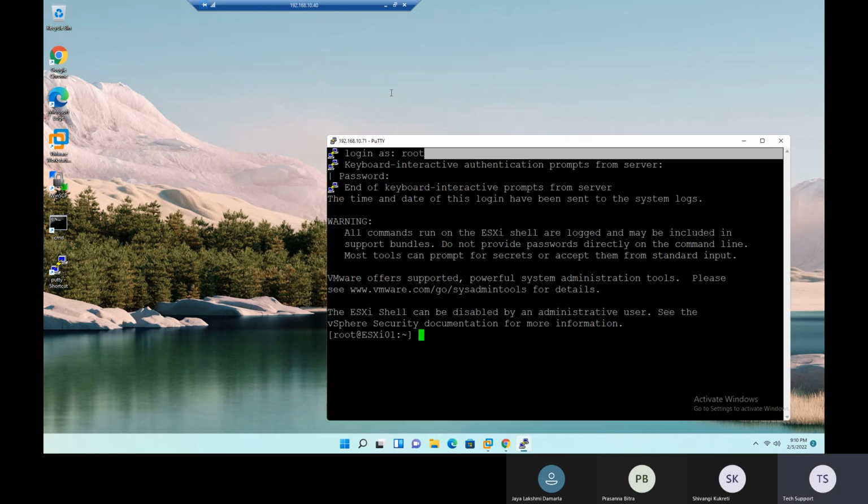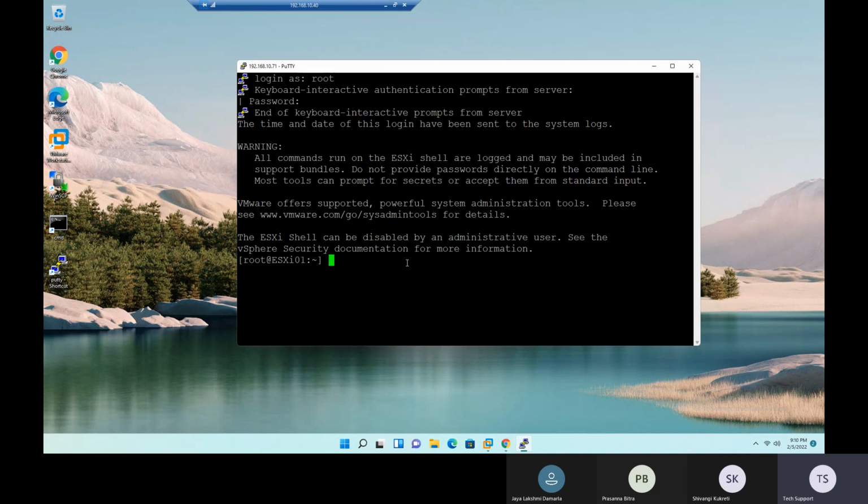The command to verify hostd is just type /etc/init.d/hostd status. It will show you the hostd status,